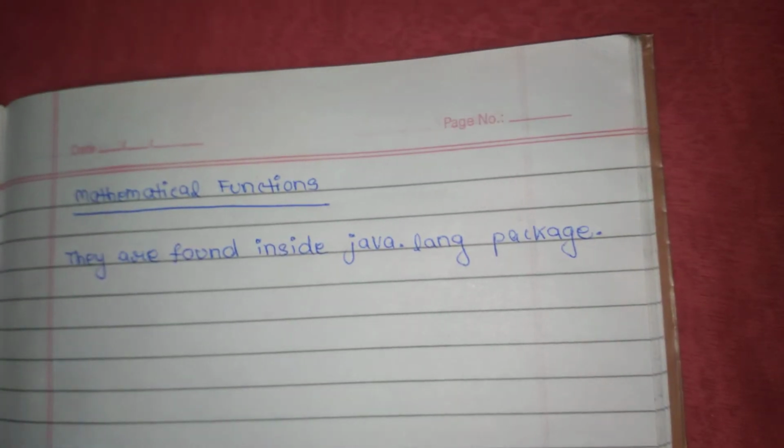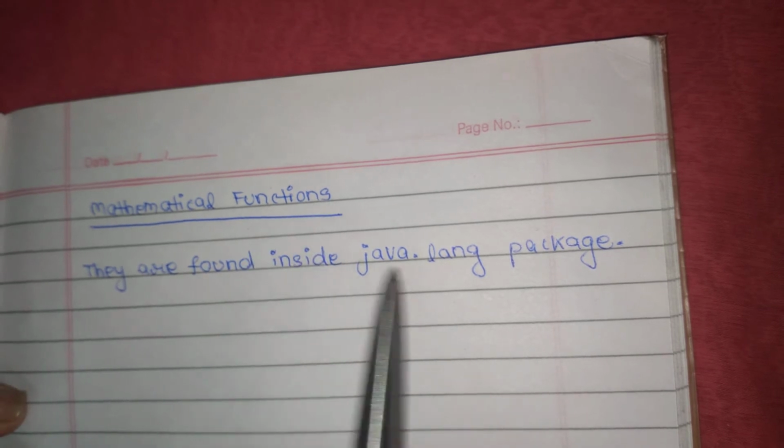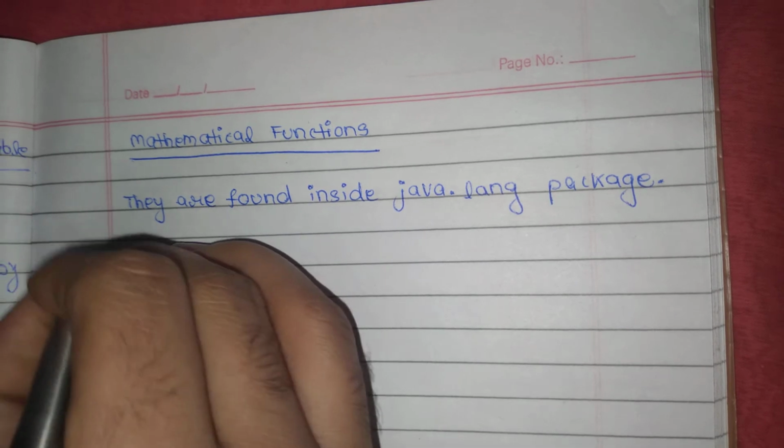A normal program's input/output is found in the java.io package, but the mathematical functions are found in the java.lang package. Now the first function,